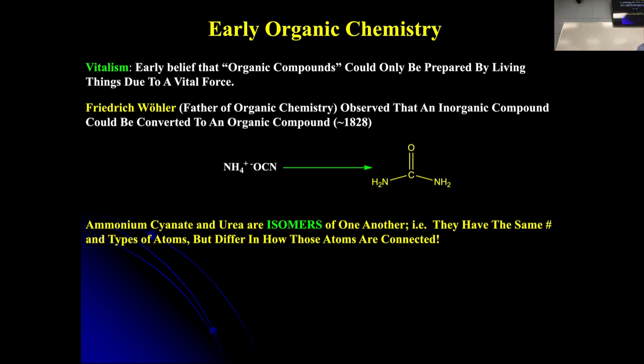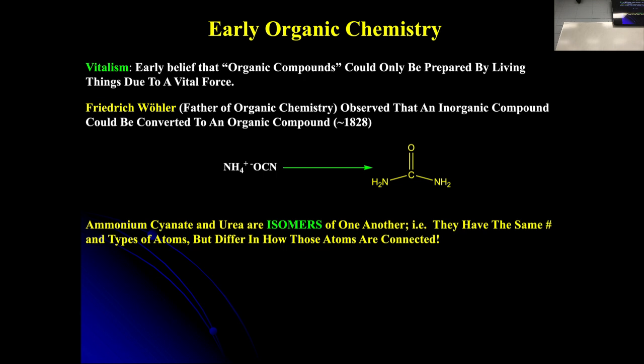So this so-called ammonium cyanate and urea are isomers of one another. What do I mean by isomers? If you look at the elements on this side and you look at the elements on this side, you'll see that the elements are exactly the same. These have the same molecular formula. They have the same number and types of atoms, but notice things are connected differently, right? This is clearly ionic because I've got charges. This is clearly not ionic. I've got these bonds between carbon and oxygen shown. I've got bonds between carbon and nitrogen, right? And notice that all the hydrogens here are on two different nitrogens, whereas here they're just on one nitrogen. Things had to be rearranged and connected differently.